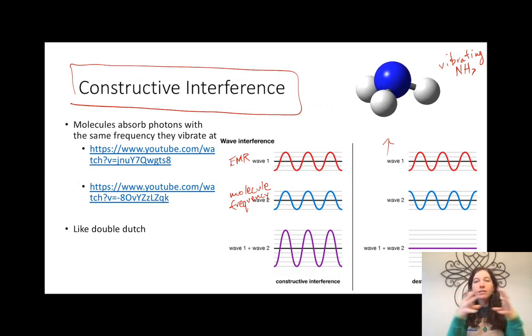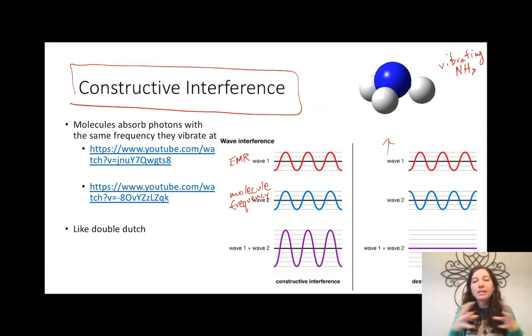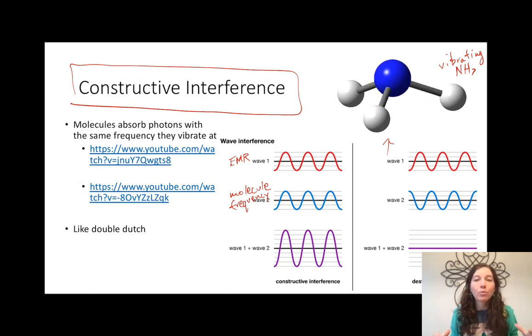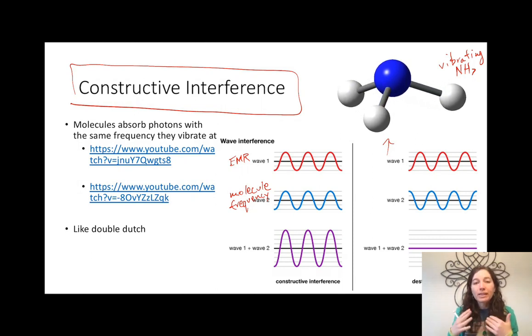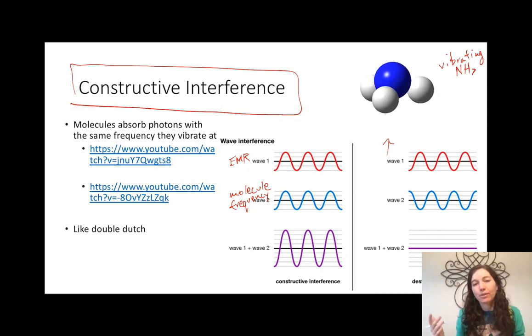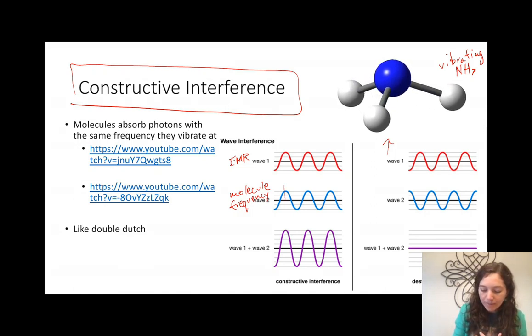It's doing this so many times per second, which means that that is an energy that's oscillating. And electromagnetic waves are oscillating energy as well. When these two waves interact with each other, when they happen to be the same frequency,